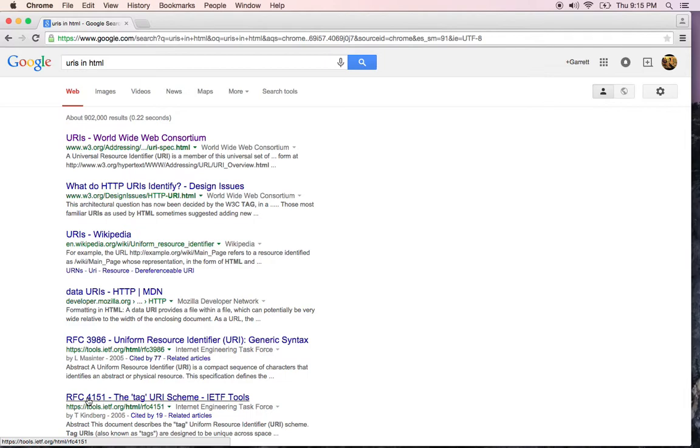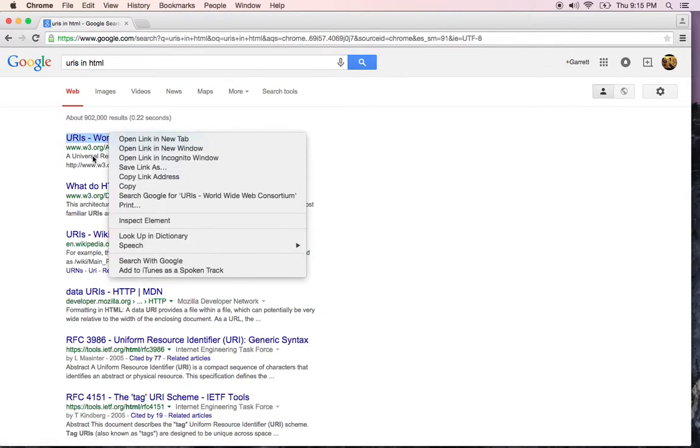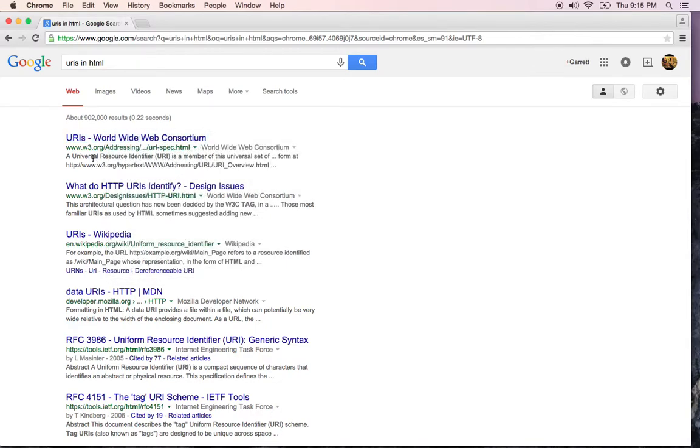We see that tools.ietf.org. Right now I'm doing a search for URIs in HTML. Look at the first one and look in the status bar. That's this thing down below at the very bottom again. Now it looks like we have a URL. It says w3.org, addressing URLs, URI spec. Now watch what happens if I right click on that. Give me some menu options. If I move my mouse over that menu again, now look in the status bar, we have a Google redirect